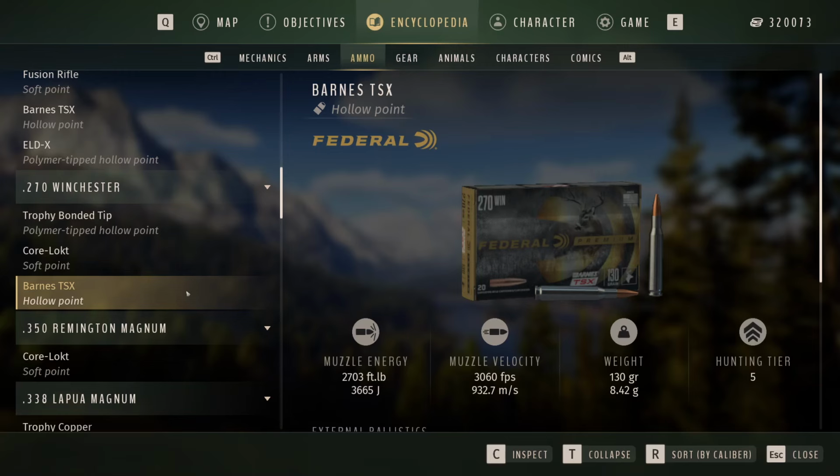Now the trouble is the polymer tip probably would have dropped him early as well, or instantly as well. But, you know, you can try it if you like and find out, but it's going to be different between distances and everything like that. But the reason why this could have an advantage is